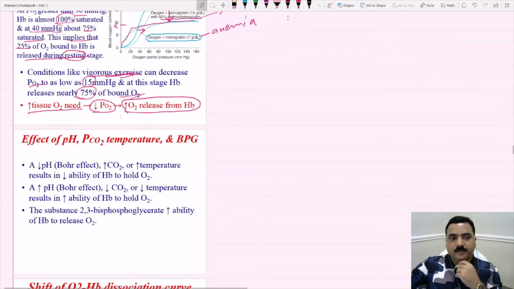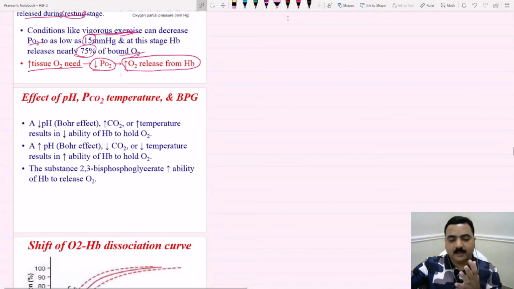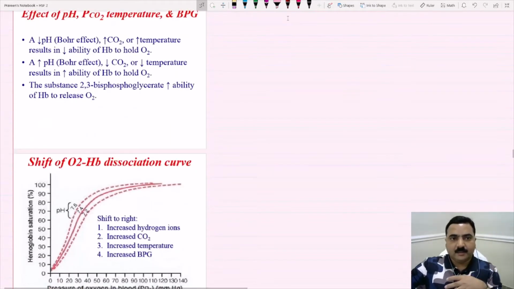The influence of all other substances like carbon dioxide, which changes the pH, which changes the hydrogen ion concentration, and another substance that can be changed is the 2,3-BPG concentration in the RBC, and the temperature in the RBC. All this will cause what? A right shift to the curve. That means increased release. So whenever there is an increase in the carbon dioxide content, decrease in the pH, or increase in the hydrogen ion concentration, or increase in temperature, and increase in 2,3-BPG,